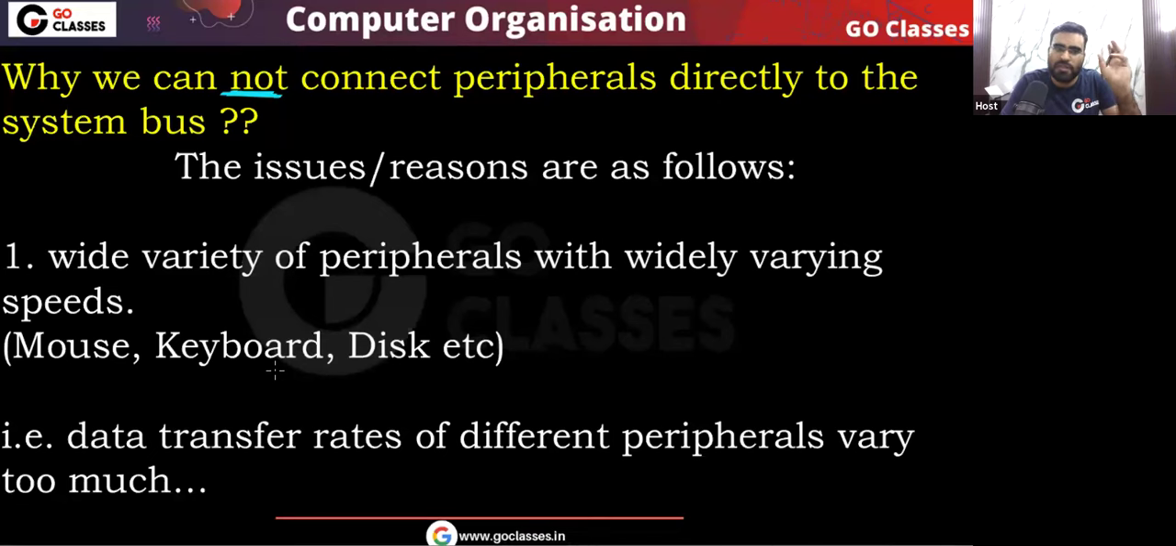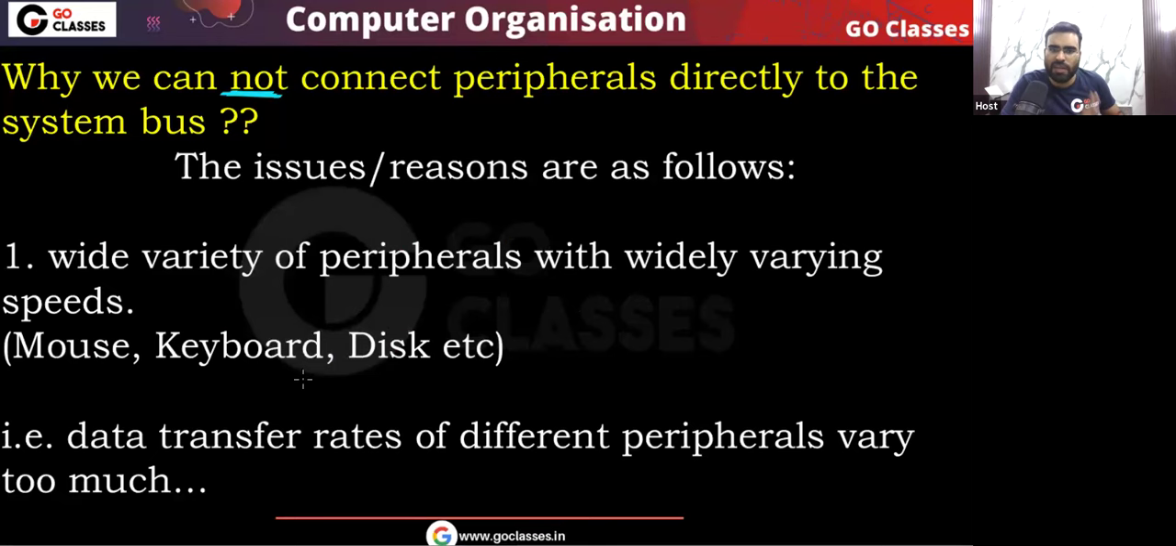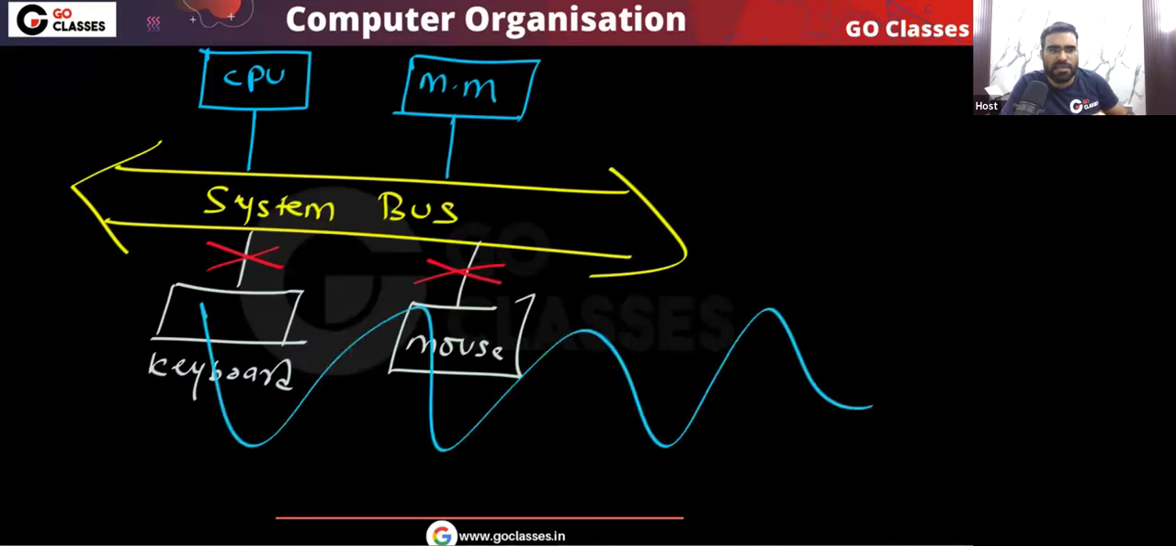because remember, the CPU is very fast. The CPU can execute millions of instructions per second. So you can easily see that the CPU is very fast, and these IO devices have widely varying speeds. For example, mouse and keyboard are very slow. Disk is comparatively fast. Disk is faster than mouse and keyboard. So you can see there are many different varieties of IO devices, and they have different speeds. If you directly connect them, like this keyboard, mouse, disk, all of them, if you directly connect,